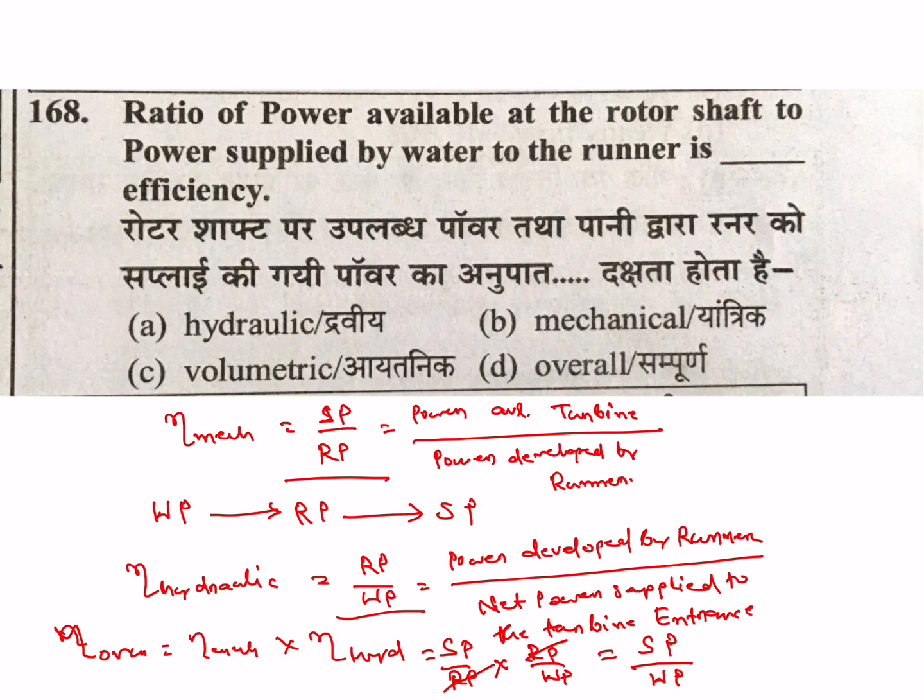Shaft power is power available at turbine outlet divided by your water power, net power supplied to the turbine entrance. So power available at rotor shaft is your shaft power, supplied by water to the runner is water power. So shaft power by water power is your overall efficiency. So D is a correct